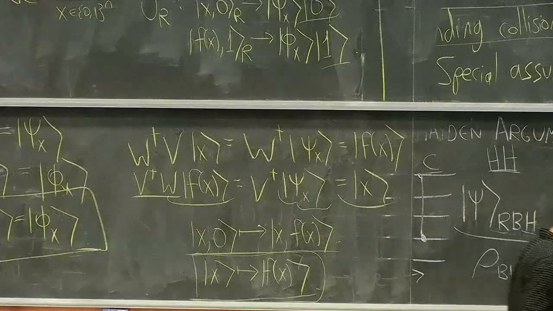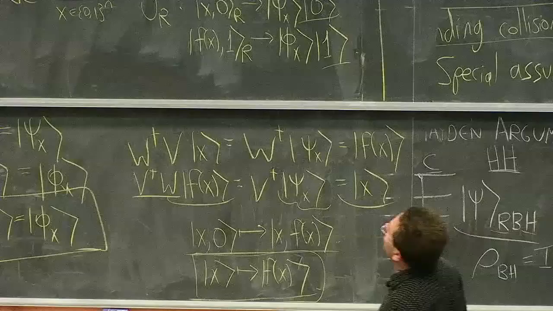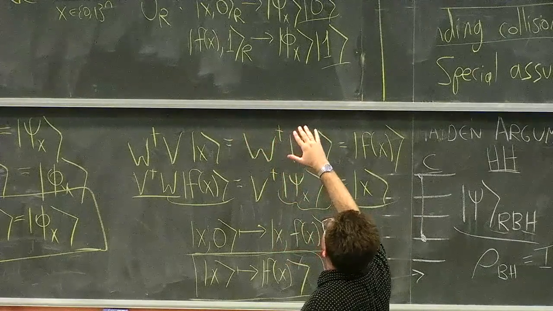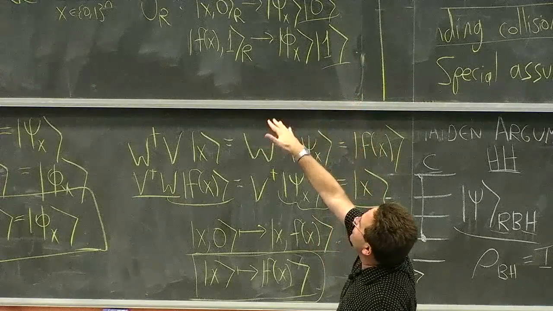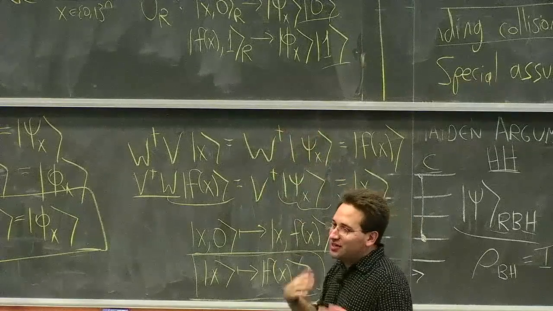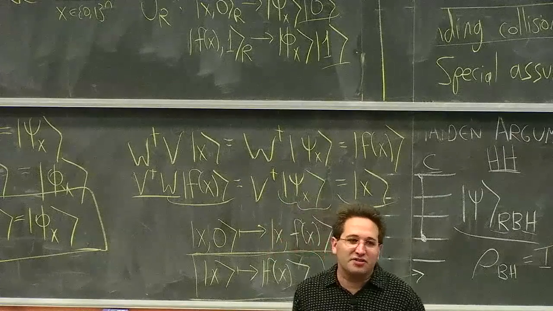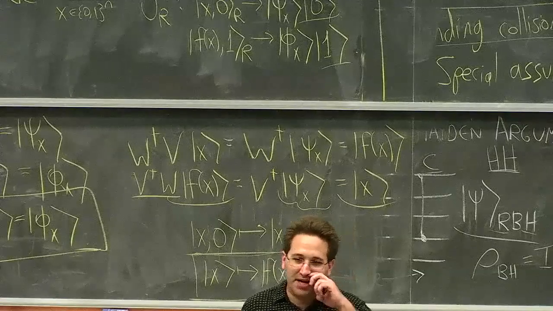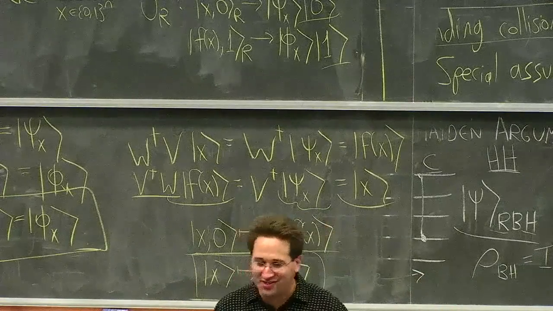As I said, Harlow and Hayden had a different hardness argument, and in their argument the construction is interestingly different. You would put the f of x into the horizon modes, and the input x would be in the radiation, and that gives you a reduction with different properties. With their reduction you no longer need the injectivity constraint, which is a plus. But I don't know how to show that you could break a one-way function, only that you could do this sort of collision finding task.